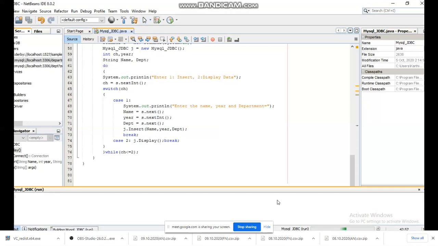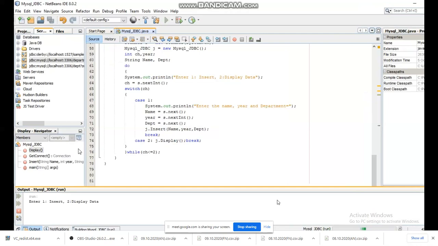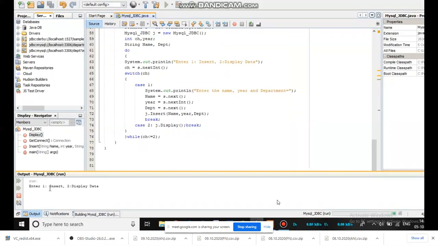By pressing the green color play button, see that at the bottom the menu has come and choices are displayed: insert, display data. So he has chosen to insert the data. It is asking the name, year and department.